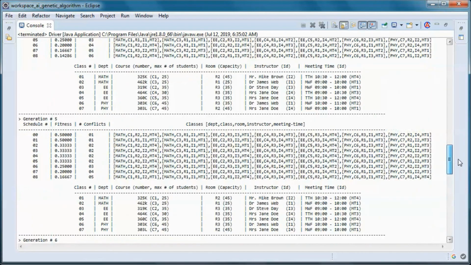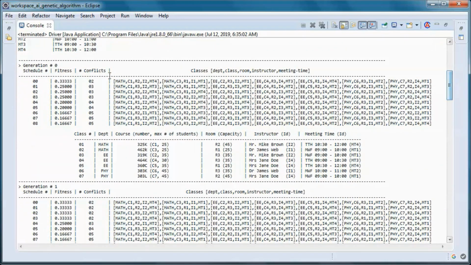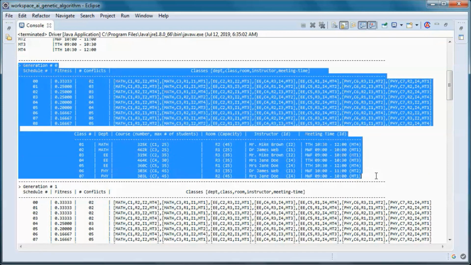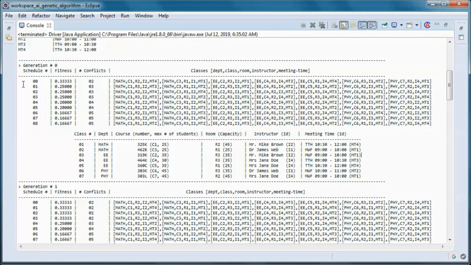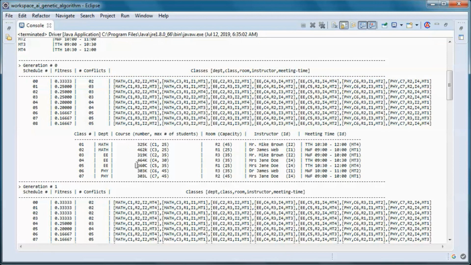So we went from generation 0 where the best schedule had two conflicts, and this is one of the conflicts, and this is the other one.